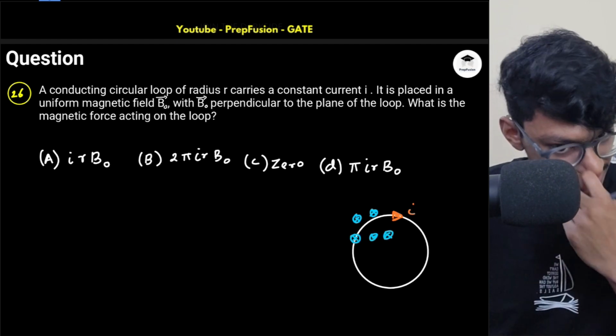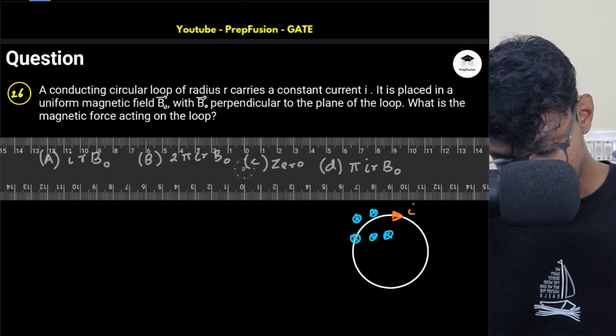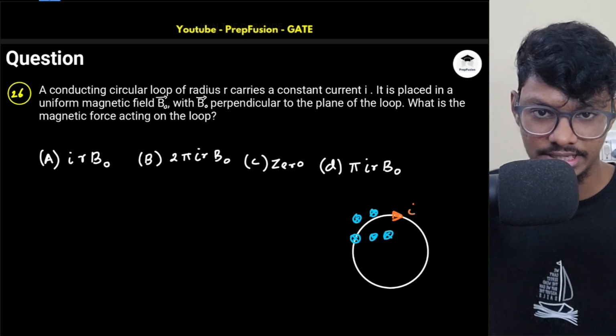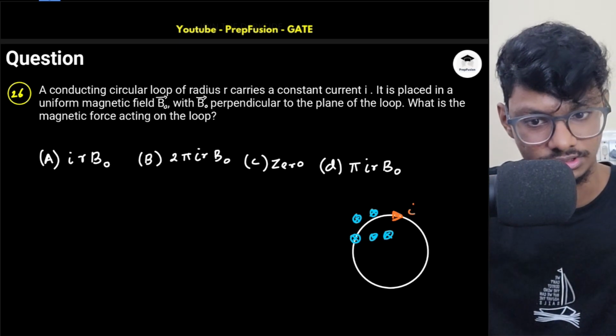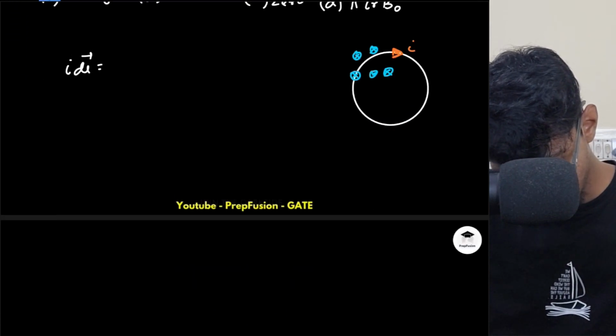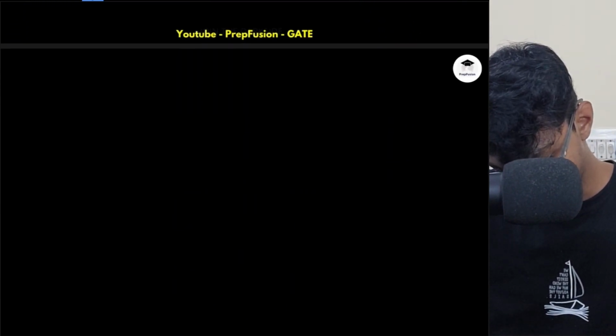So what I can observe is that, what is the direction of the dl, the current element? As this is circular, I can take help of the cylindrical coordinate system. So my current element will have a direction of what? So I will take it to the next page. The current element will have a direction